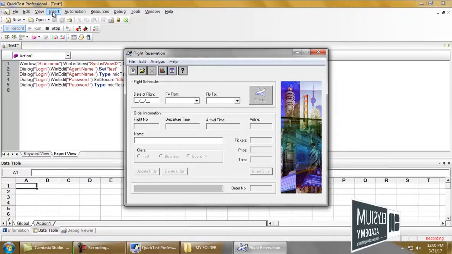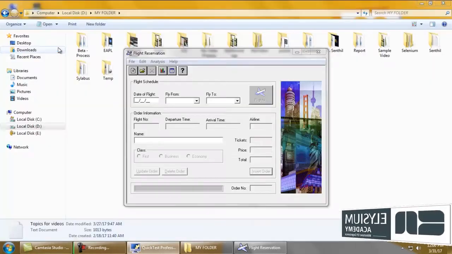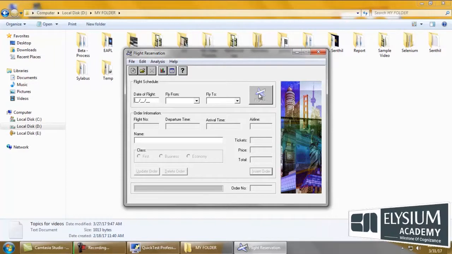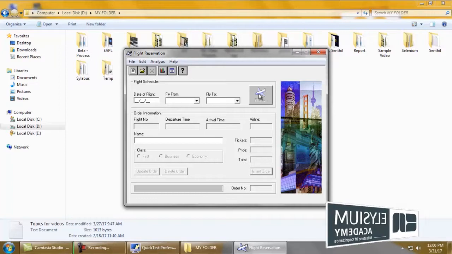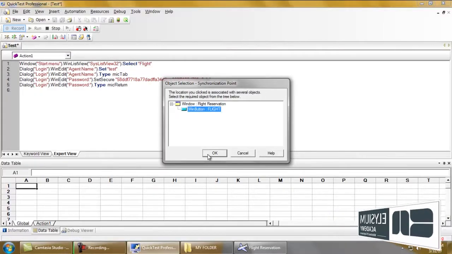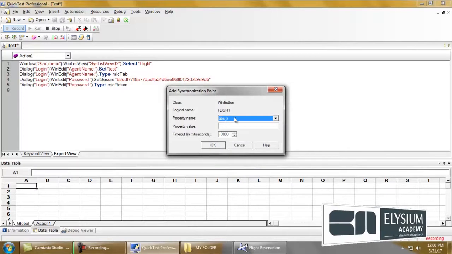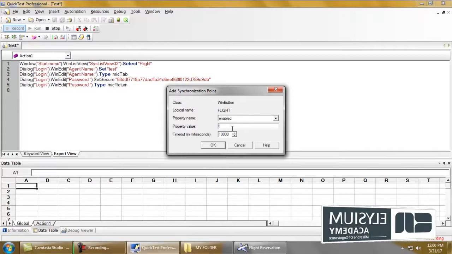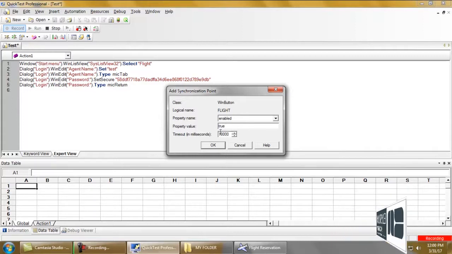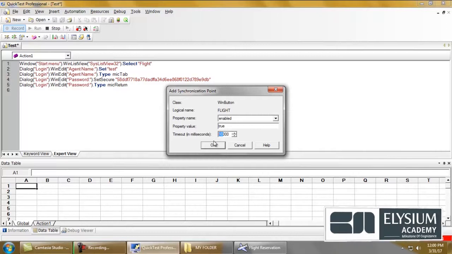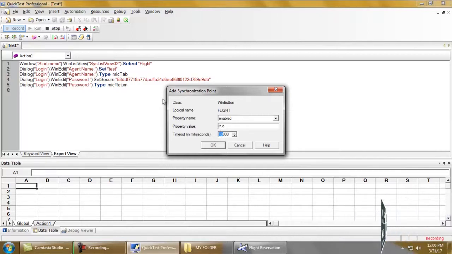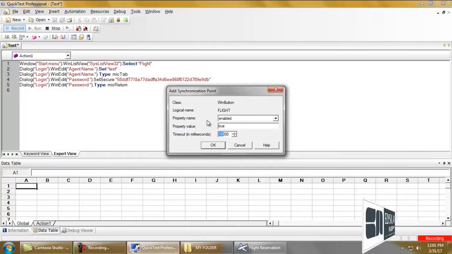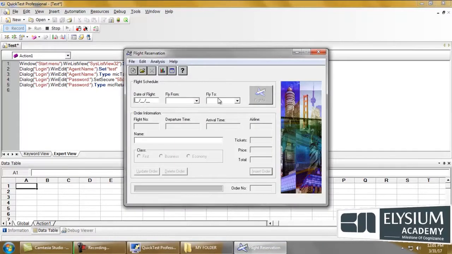So I'm going to just insert a synchronization point. I'm selecting the application's element which needs to be synced with QTP. I have selected the flight button and am making the enabled property true, and I am specifying some period of time in seconds. So I'm expecting the button to be enabled when the flight reservation window opens,